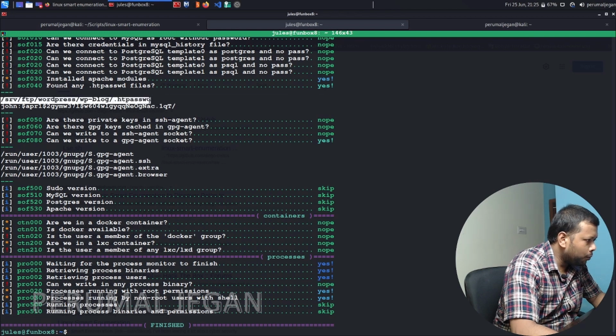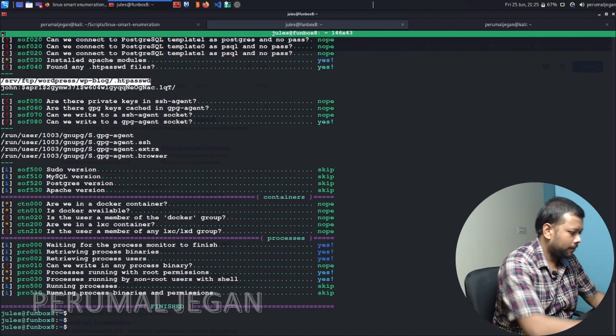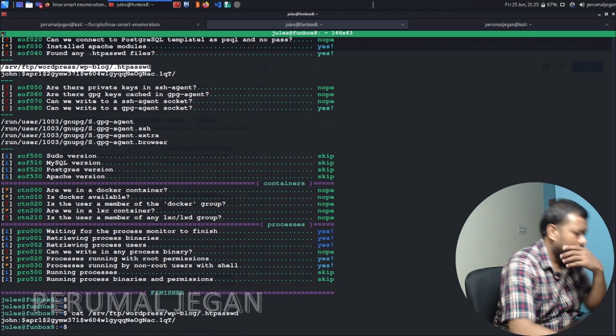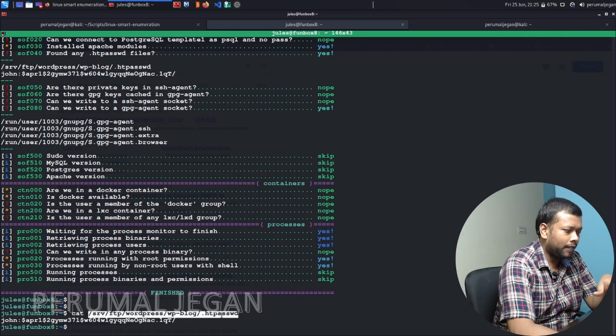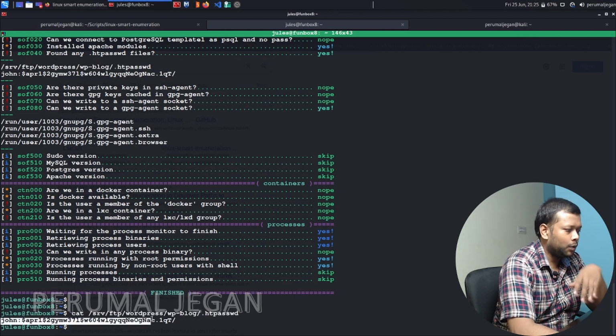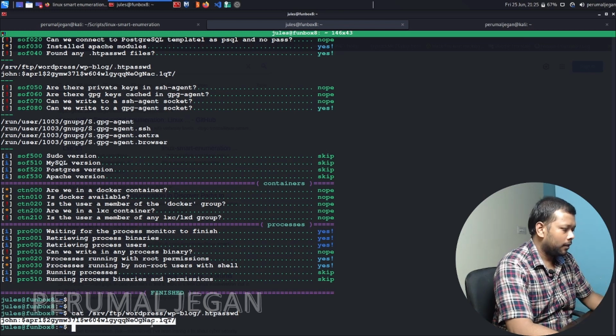So I need to move to this file. So the script enumerated for us and it grabbed this file information. So this is where the user's hash is stored.